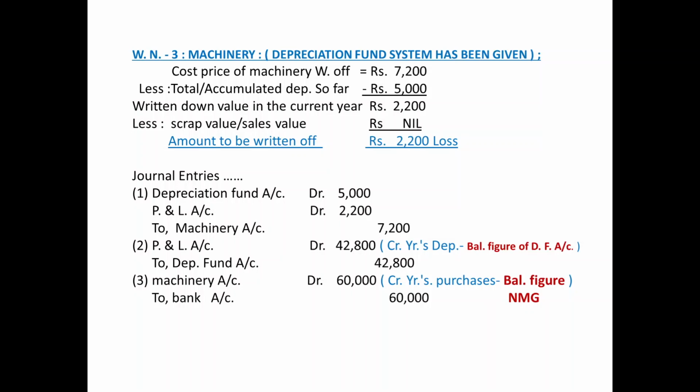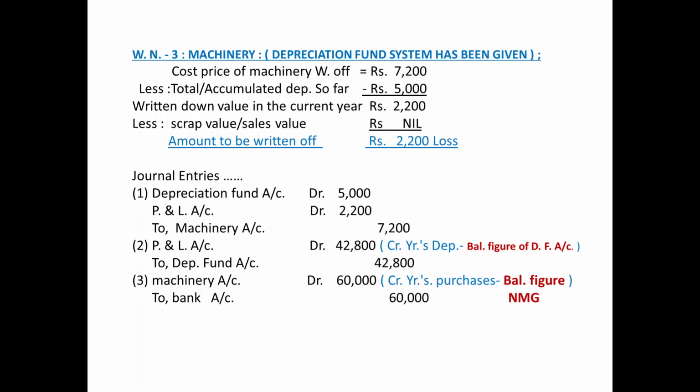depreciation of every year would be debited to profit and loss account as it is, but the credit would be given to depreciation fund account, not to the fixed assets account, because fixed assets are to be shown at their original cost. That is why depreciation of every year would be debited to profit and loss account, but the credit would be given to depreciation fund account. And the third characteristic,